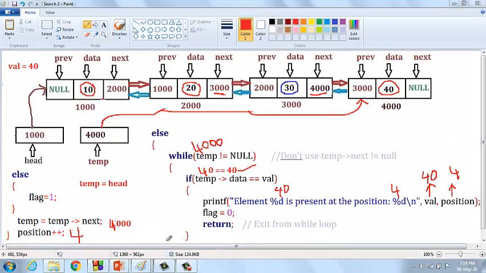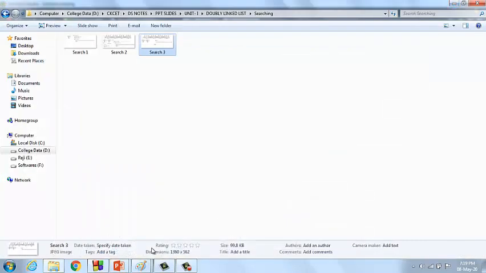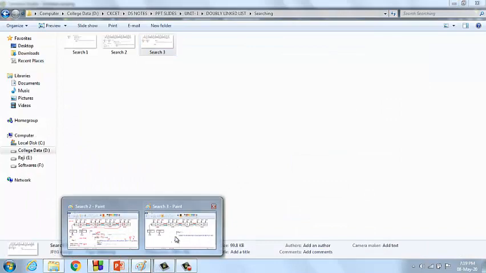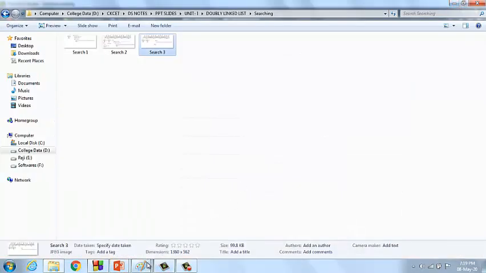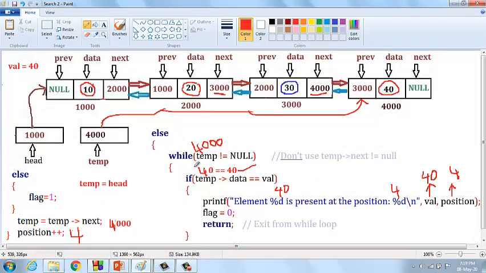Another possibility is if you are going to search whether element 50 is present in the given list or not. How can you search?